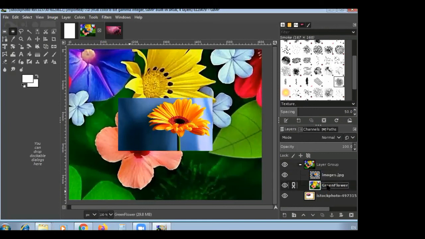Then after, select a layer and click on the Move tool.